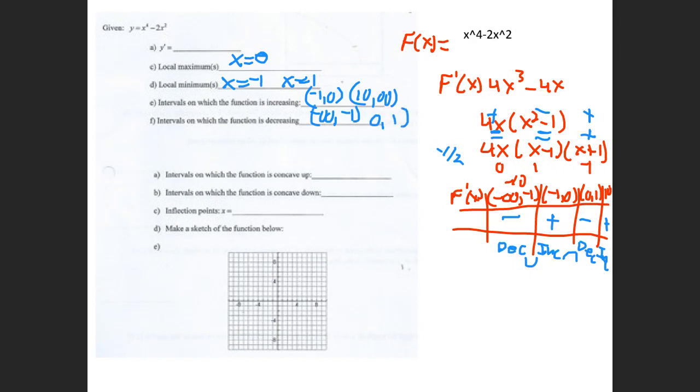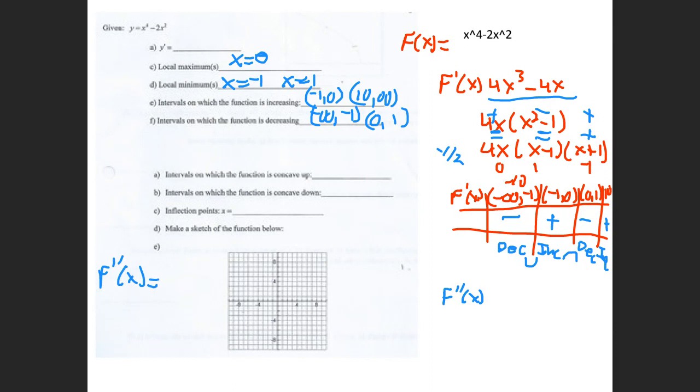Okay, so that takes care of the first derivative. It tells me where it's increasing and decreasing. It also gives me max and min points. Now the second derivative, okay, so I'd have to find the second derivative. And the first derivative, let's see here. So the second derivative